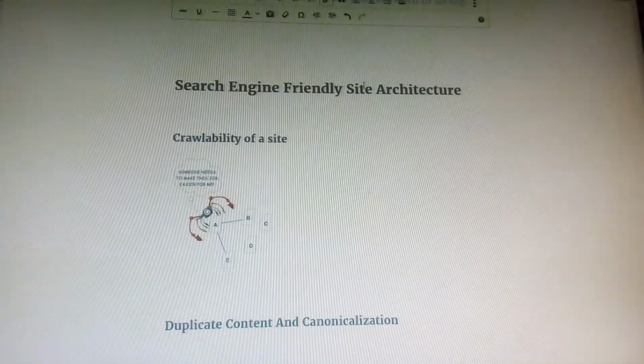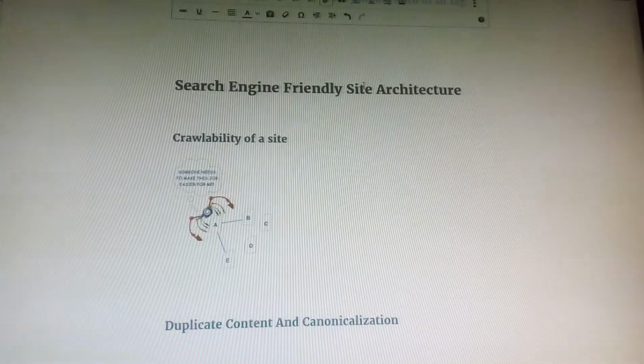Since search engines crawl websites, going from one page to another, making copies of your pages that get stored in what is called an index, which is like a massive book of the web. To be in this book, you have to be crawled, and it is very difficult to achieve good search engine ranking if you have poor crawlability.